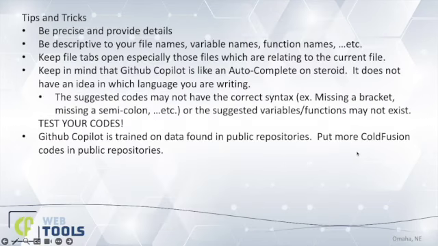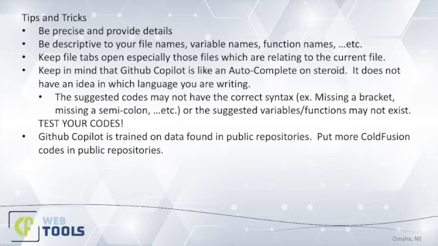So now here are some tips and tricks that you can use. For example, the first thing is you need to be precise and you need to provide details. If your comment or what you tell GitHub Copilot is a bit too general, then it would just return something really general back to you. So you need to be specific and also be descriptive with your file names, your variable names, or function names,